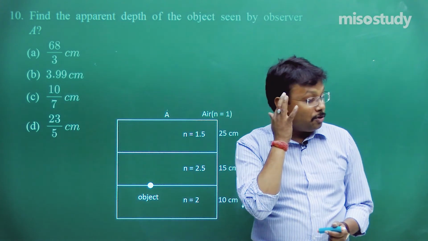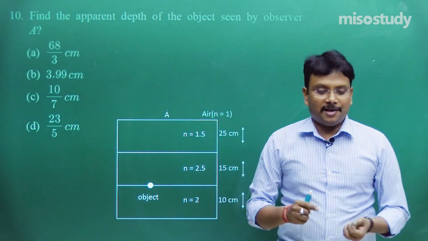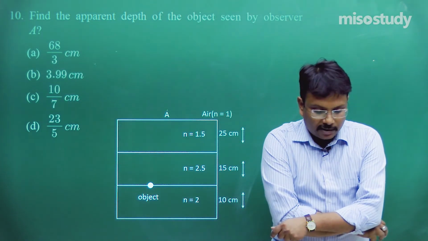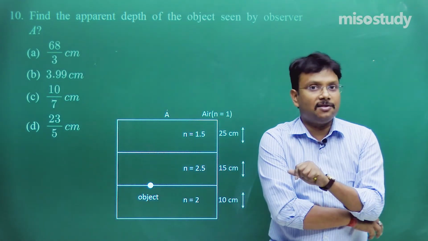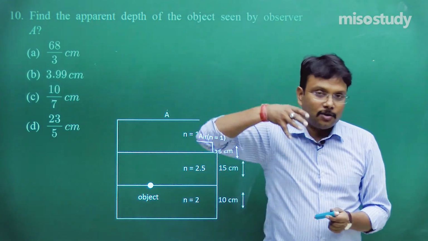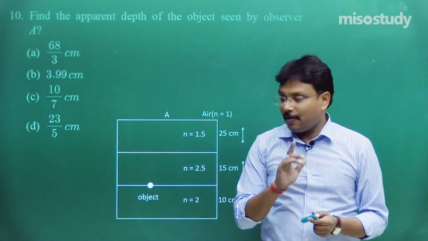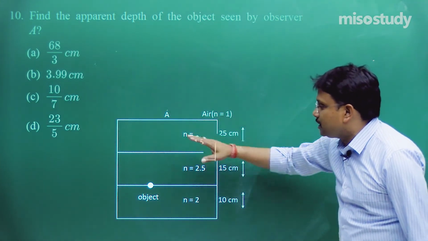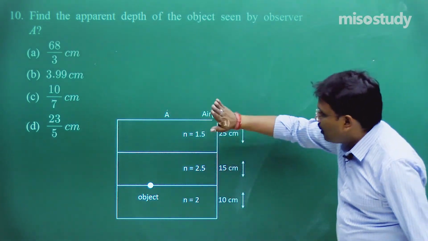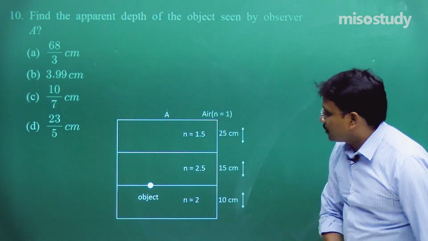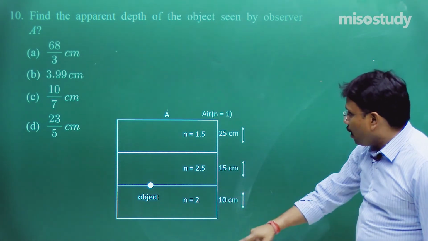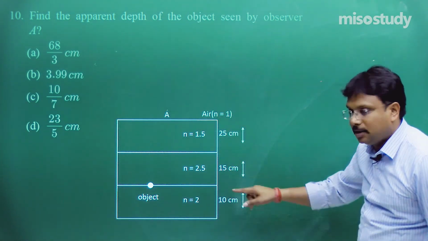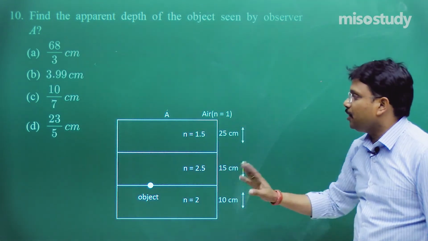Please, I am sure you must have visited any river place, and there you may find the fishes are floating, and if you just watch like this, they are actually not at the same distance where they are. If you just insert your hand, you will not be able to catch them. Fine. So that is the refraction or deviation taking place. So we just try to calculate that. 1 deviation, 2 deviation, 3 deviation. So for me the distance is not 25 plus 15, that is 40. No, it is going to be something else.